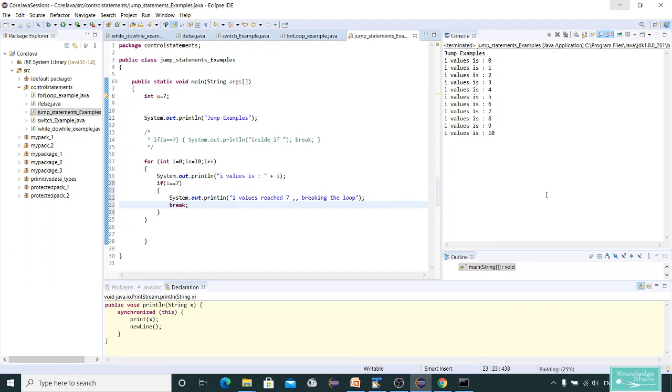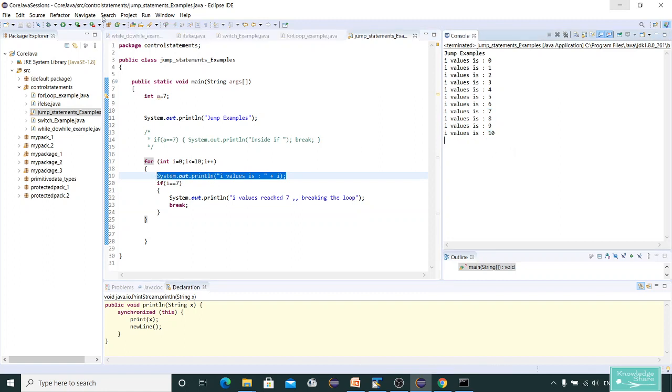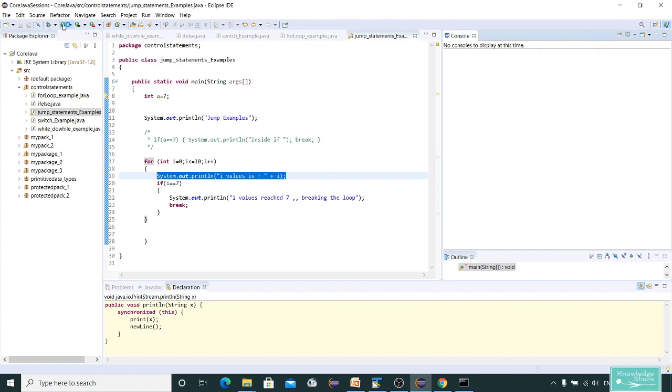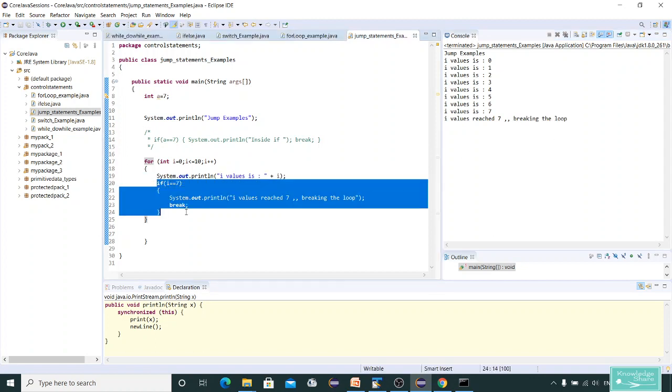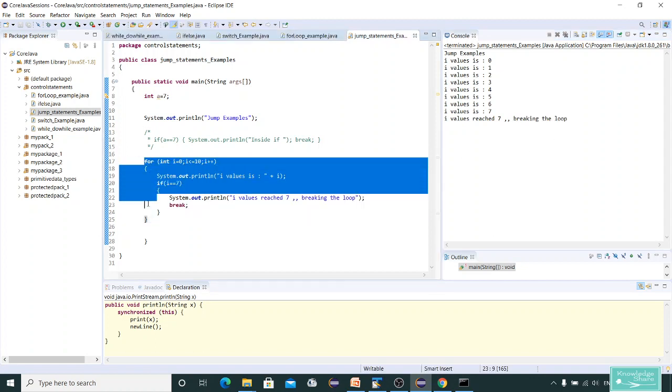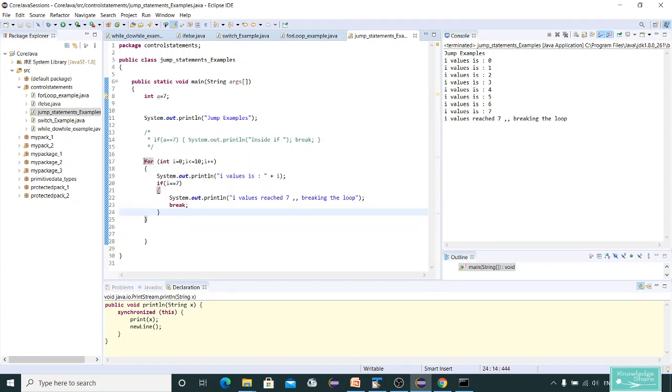Now in the output, 7 will be printed, but from 8 it will be skipped. Let me run this program. You can observe i value reached 7, breaking the loop. That means when i is 7, it is completely exiting from the loop.